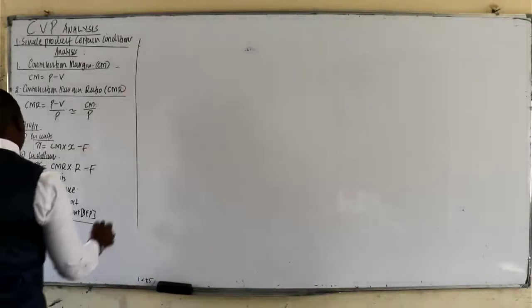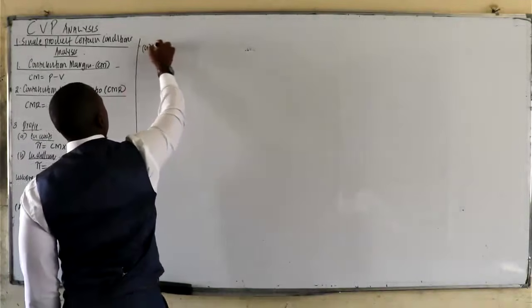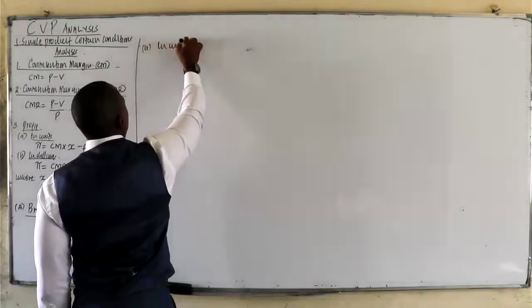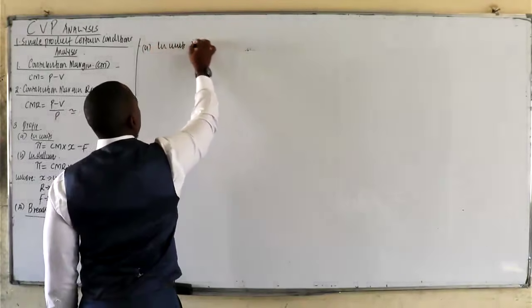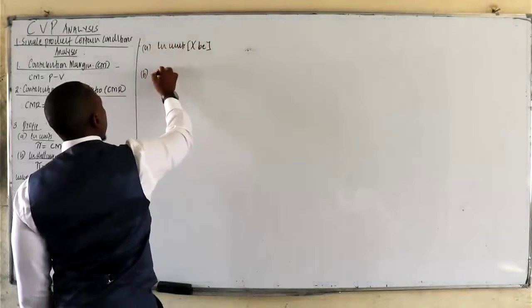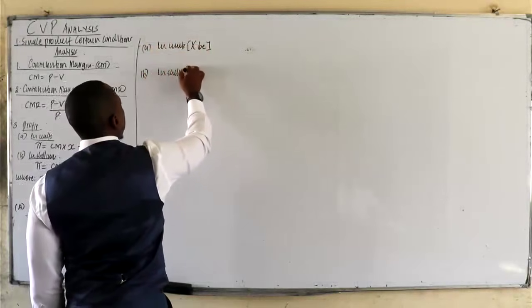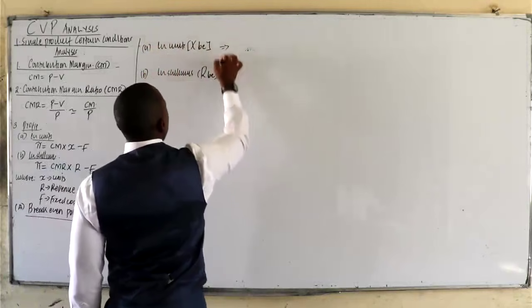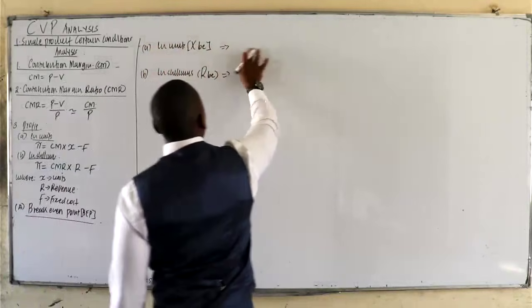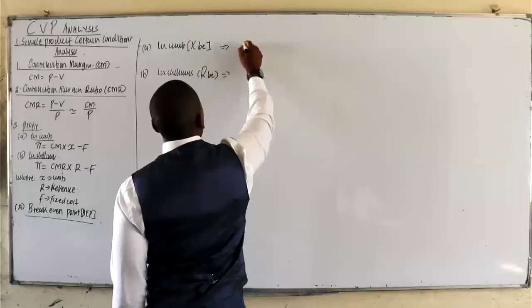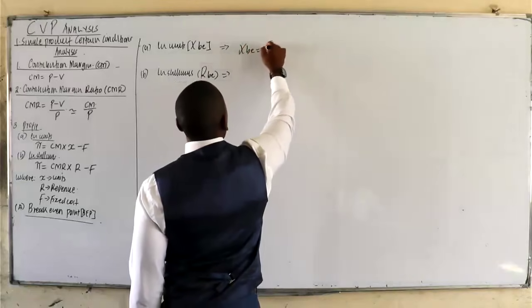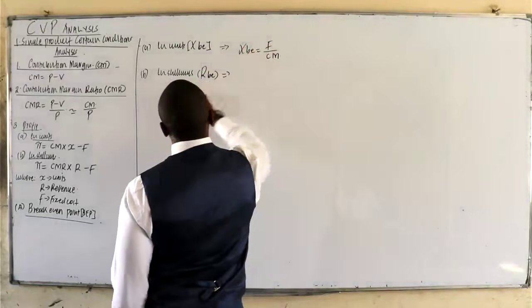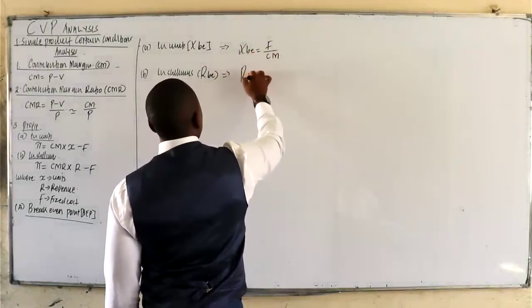To get the break-even point, that is XBE, you take the fixed cost over the contribution margin. In shillings, you get